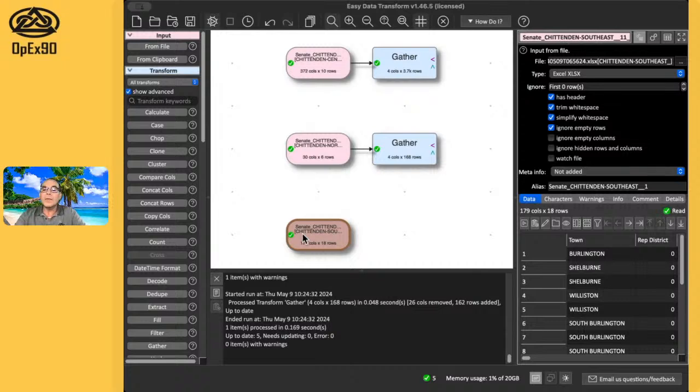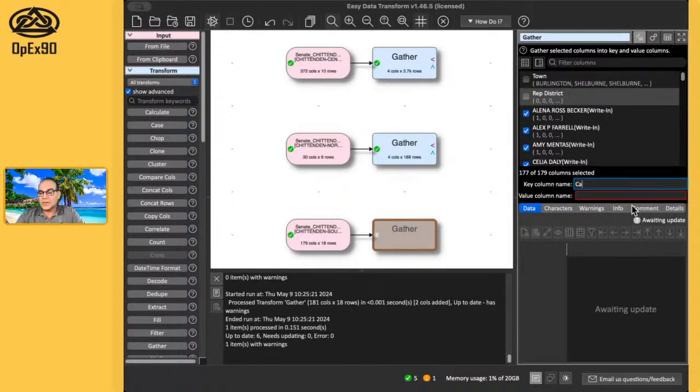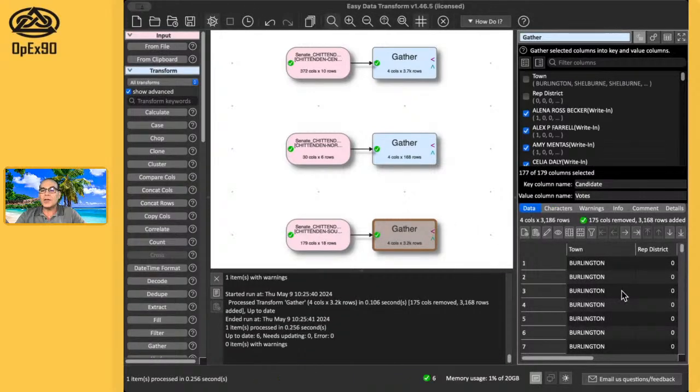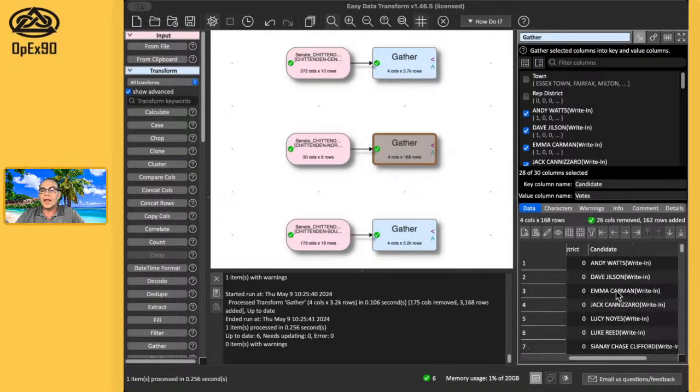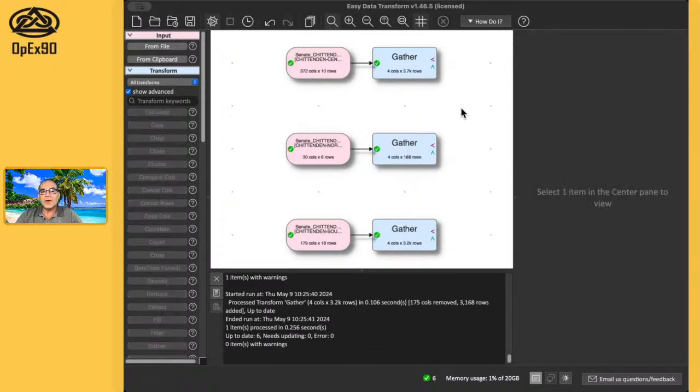Oh, look at that. I think it said candidate and votes, right? So again, let's see what happens. I want to make sure I have candidate and votes. I use candidate and votes. Hey, check that out. So right now we have all our data in a format. Now we can stack it, right? When I say stack it, we're going to make a massive